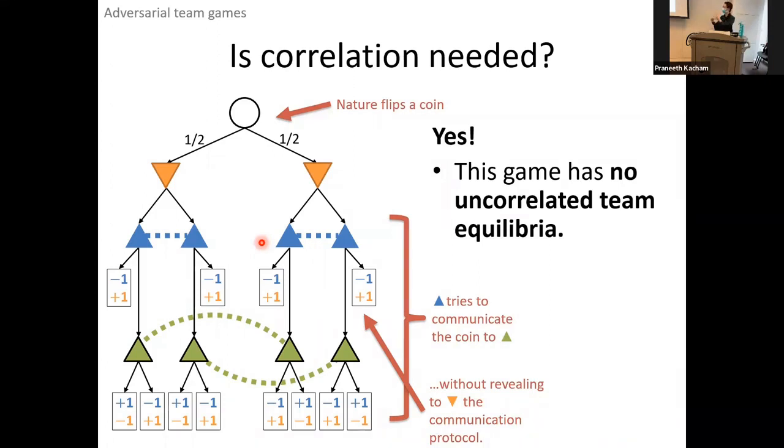Yes, so green and blue are allowed to talk about their strategy before the game starts. And as part of that, they're allowed to flip random coins that are hidden from the opponent. Why isn't all one half then equilibrium? Because then blue isn't communicating any information to green. If everybody plays uniformly at random independently, that is not an equilibrium, because then blue and green have incentive to deviate. In that strategy, if orange guesses wrong, blue and green will only be winning half the time, which is not good. Blue and green should be winning all of the time when orange guesses wrong.